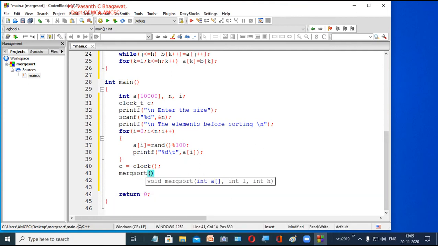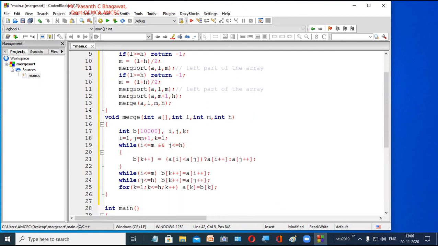How many arguments? Now you have to pass an array, low and high. So we will pass the array A. Now what is the low? That means the position of the first element is 0 and the position of the last element is n, right? So you have called the merge sort, the control goes here, divides it recursively into small problems. Then at the end you call this function merge, control comes here, you do the merging.